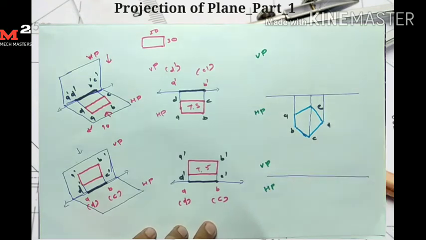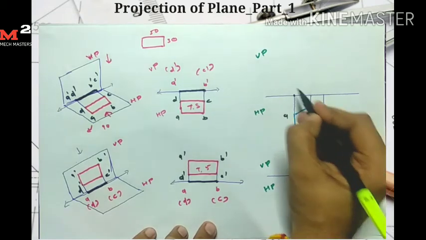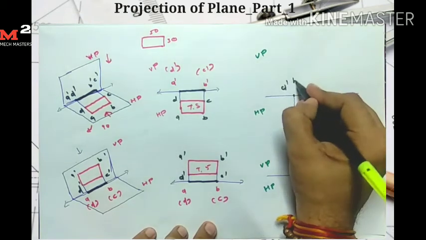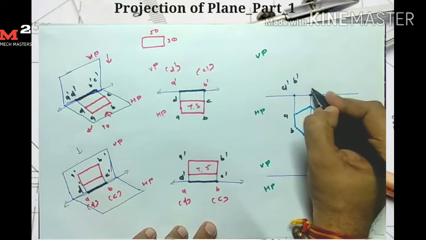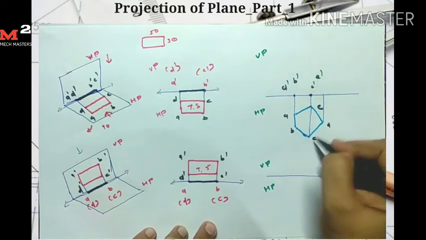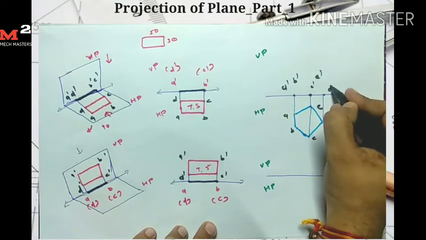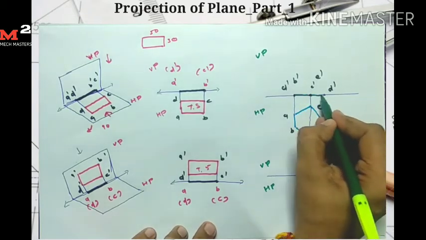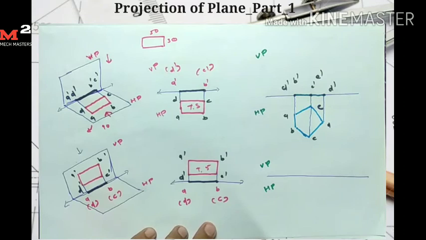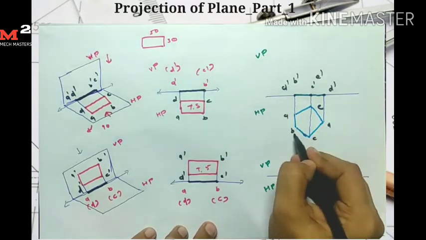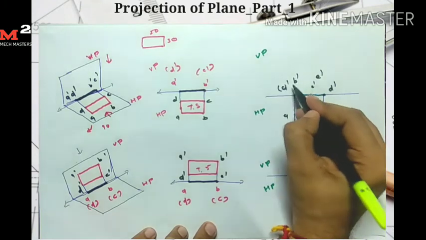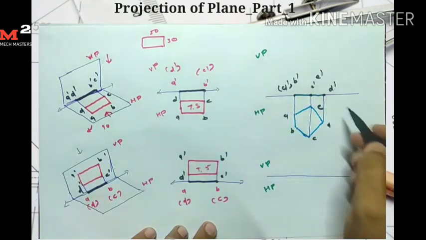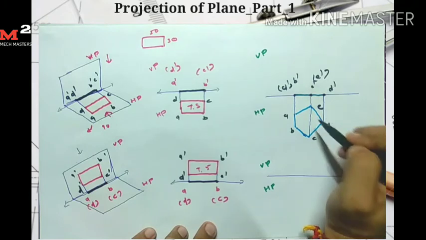Okay, so here I get my point A dash, B dash, at here I get C dash, E dash, these 2 points, and I get my D dash point at here. Okay, so this line gives me my front view for this plane. Here A point is behind B point, so I indicate it in bracket. Similarly at here I indicate E point in bracket.